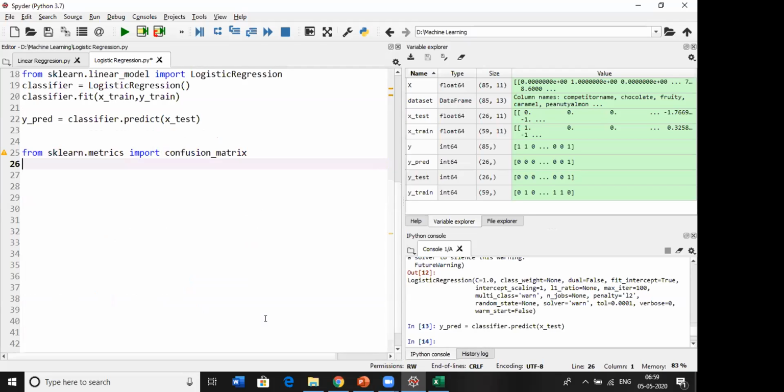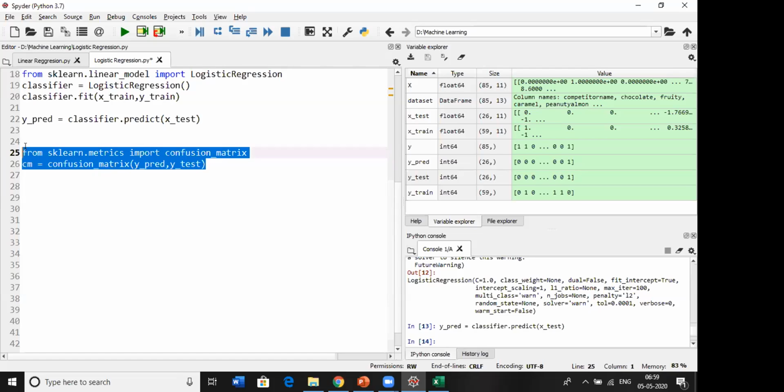Let me create a variable cm equal to confusion_matrix. This takes two parameters: the actual and the predicted. Let's run these two lines.